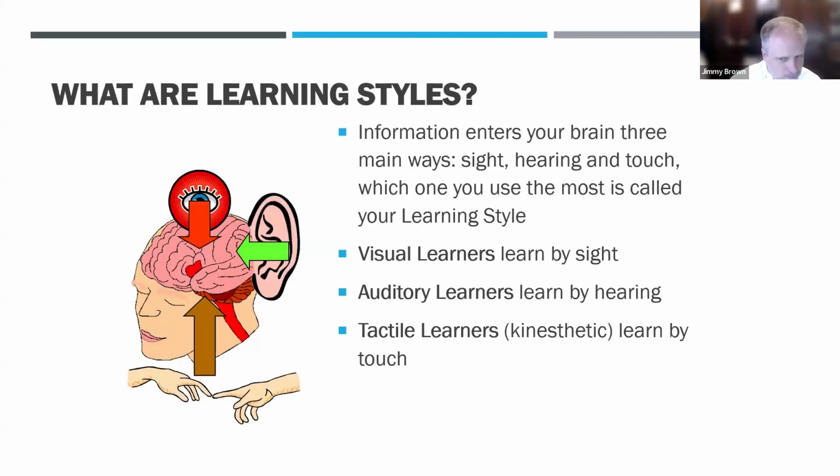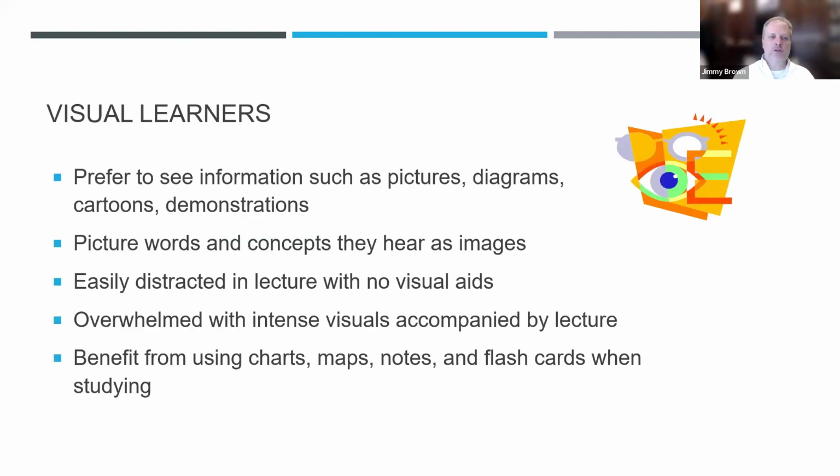Learning styles. There's really three main learning styles: visual learners, who learn by sight, auditory learners, and tactile learners, who learn by touch. What are the differences? Well, visual learners want to see things. These are the people who, in a college course, are writing everything down, drawing pictures, and want to watch it. They'll look for charts and notes. A lot of people are very visual in how they learn, and so they really want to see things drawn out. They say, tell me, I'll hear you; show me, I might understand.